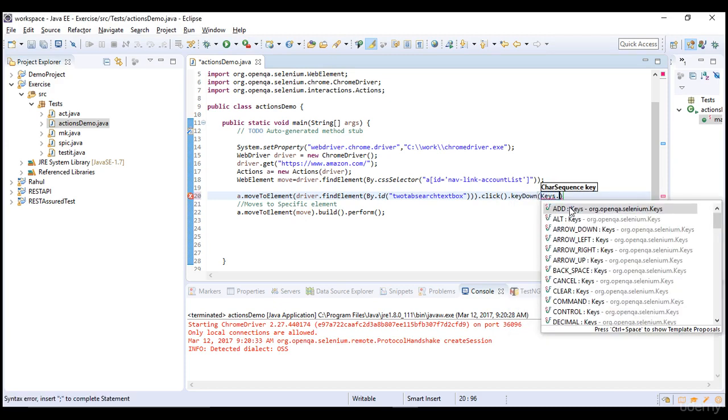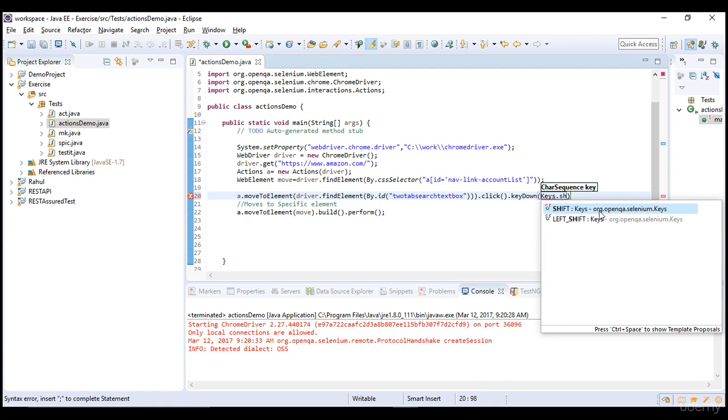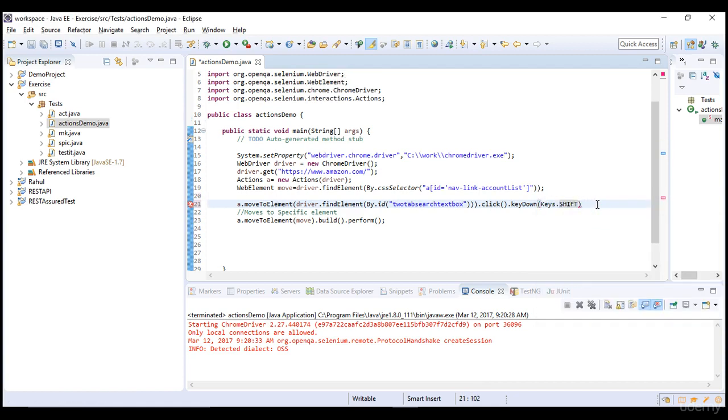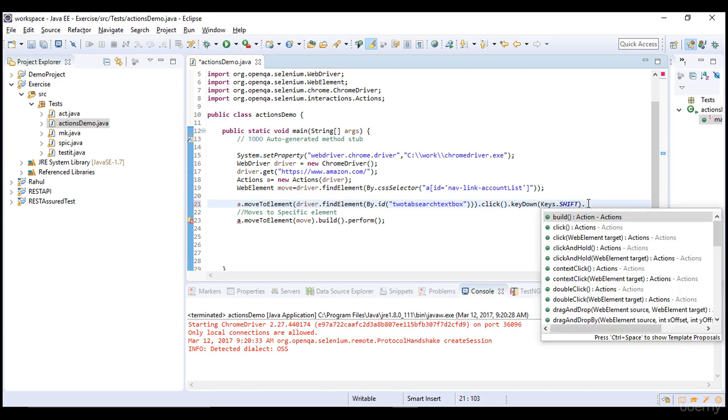Keys dot, when you say keys dot, you will get all the keys. We need to key down Shift, to enter something in capital letters. Now my shift button is held, and whatever I enter will be in caps because shift is held down. Dot, and now you enter.